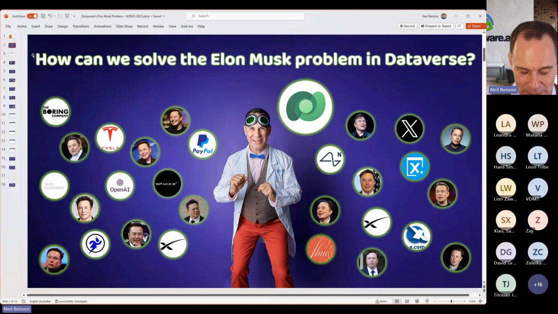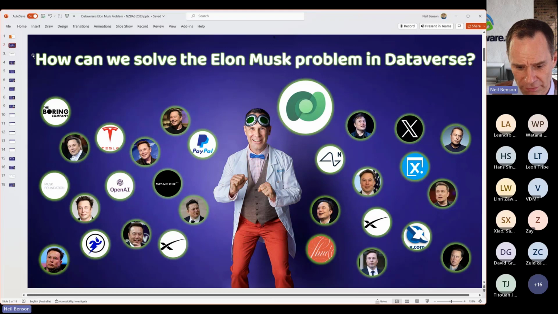Elon Musk is a complicated character. If anybody's been following him in the news, it's kind of hard to avoid. He has got multiple businesses. Some of them change names more frequently than Microsoft products change their names. We've got Twitter, or X as it's now known, SpaceX, formerly at PayPal. He's the CEO of Tesla. I think he's the founder and still the CEO of the Boring Company. He is the head of the Musk Foundation.